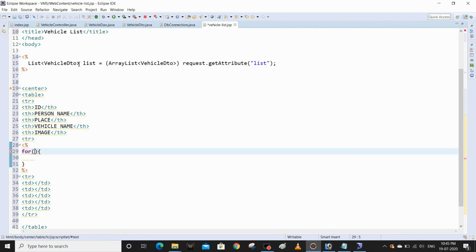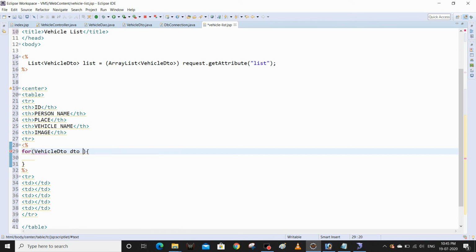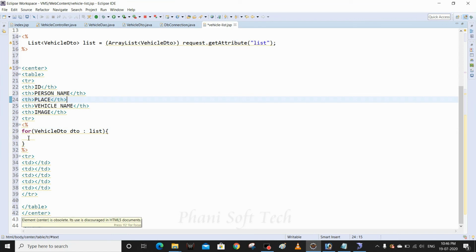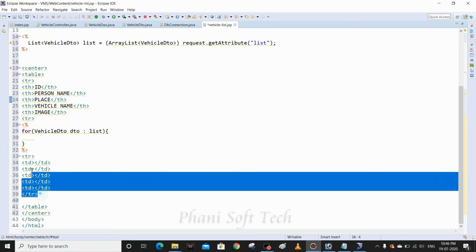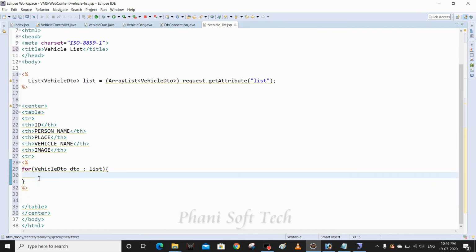I'm going to get back from this list the vehicle DTOs, so I take each as a vehicle DTO, for example DTO colon, passing the list here. Now I need to get all the data from DTO. I'm going to place this entire tr, this row, Control X, inside this for loop, Control V.